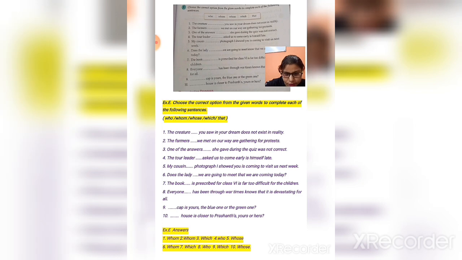Now let us go for the next exercise, that is F. So exercise F, you have to write from this picture. I am just reading from the book. Exercise F says: fill in the blanks in the sentences using appropriate pronouns and write their names. What you have to do is fill in the pronoun and also mention the kind of pronoun that you are using in the sentence.